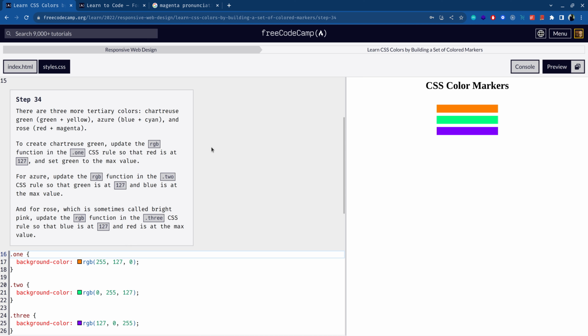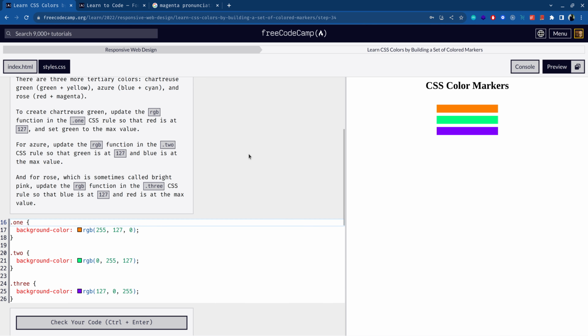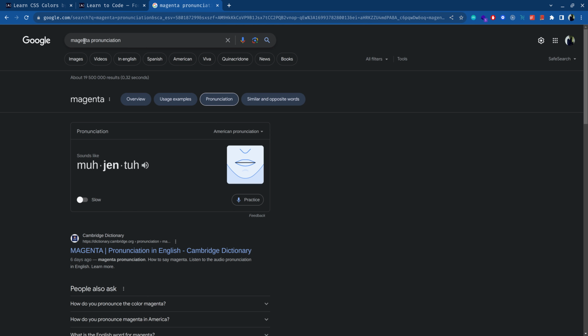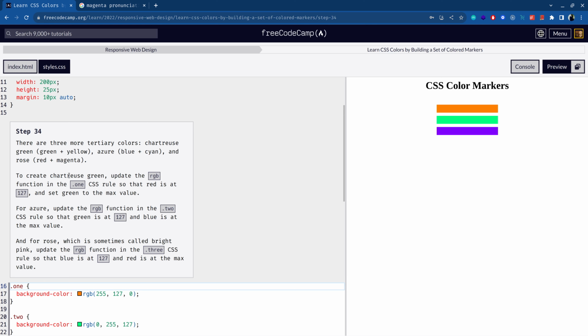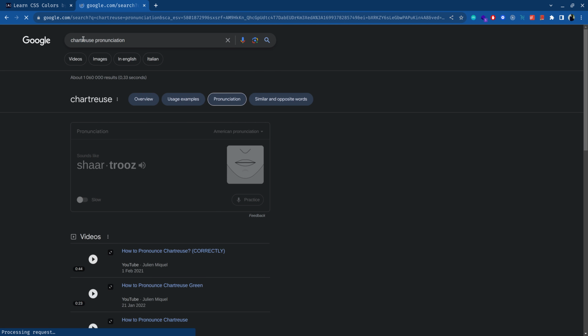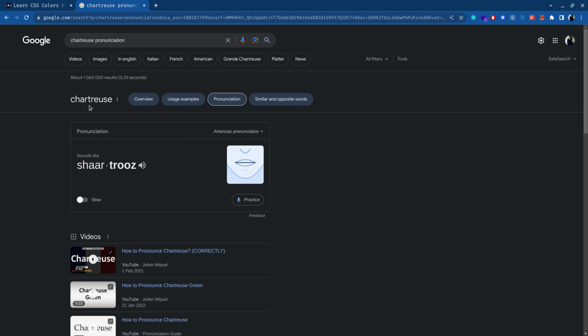Oh my god, there are more colors and I don't know how to pronounce this. Oh, I know this one. This is azure and rose. Okay, let's try to combine these values so that we can produce these colors. To create this chartreuse, what the hell is this? Char, it's not char. Chartreuse, okay,